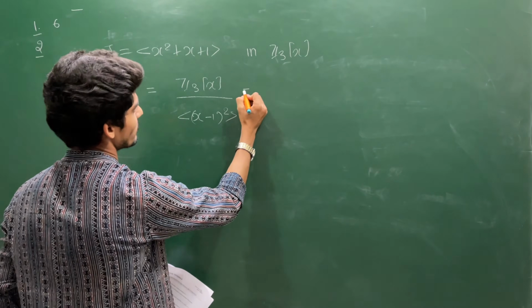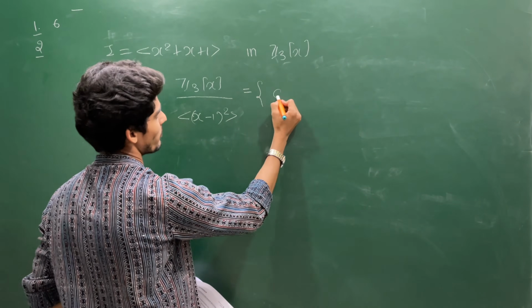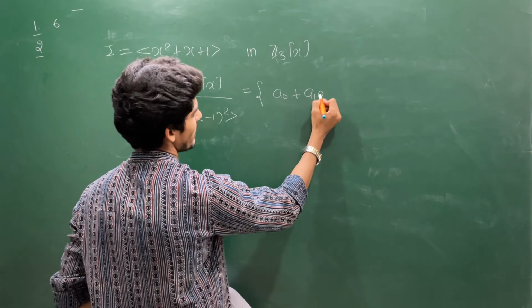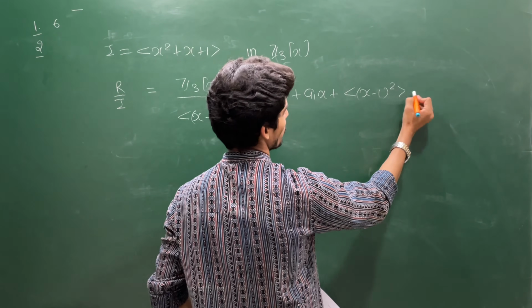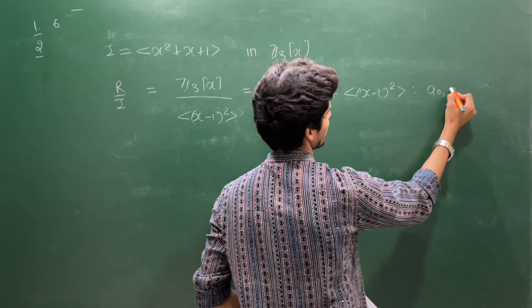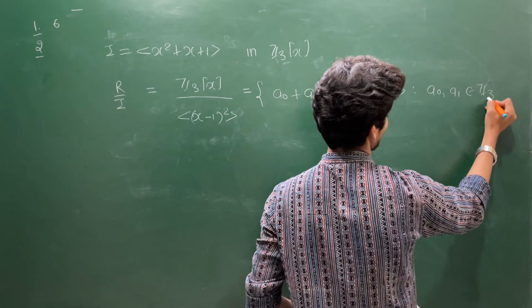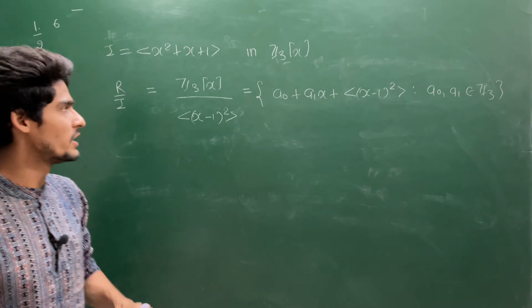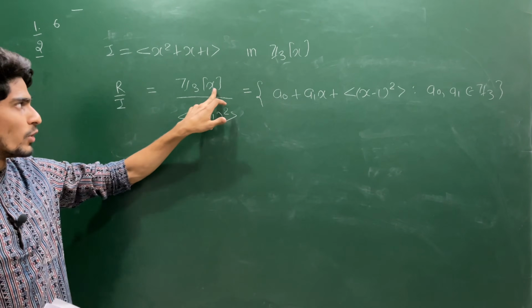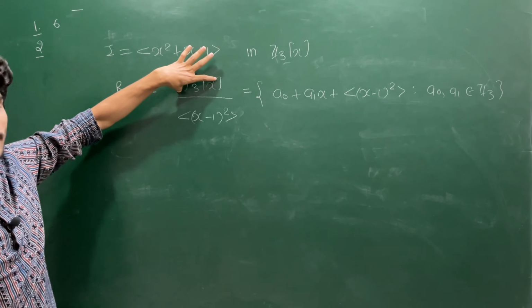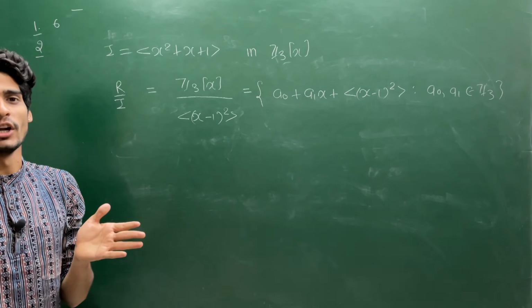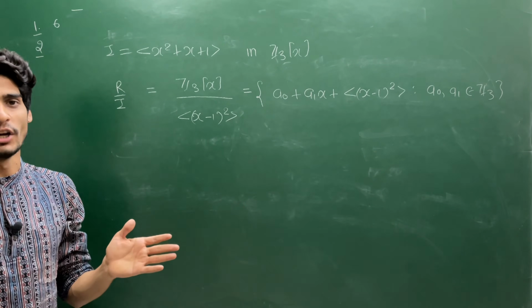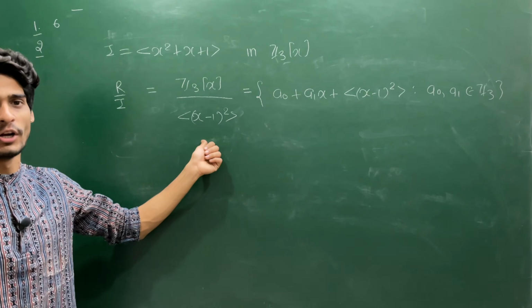See, observe this structure. I can write it in this format: a naught plus a1 x plus the ideal generated by (x minus 1) whole square, where a naught and a1 come from Z3. See how I am writing this structure. This is Z3[x], and you are dividing every polynomial in Z3[x] by the polynomial of degree 2. So if you divide any polynomial of degree 3, 4 or 5 by a polynomial of degree 2,